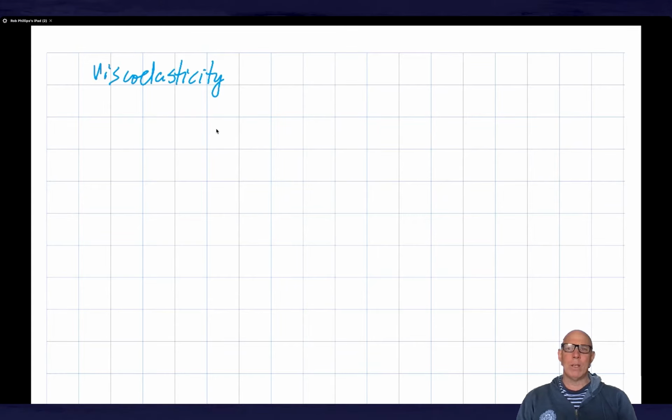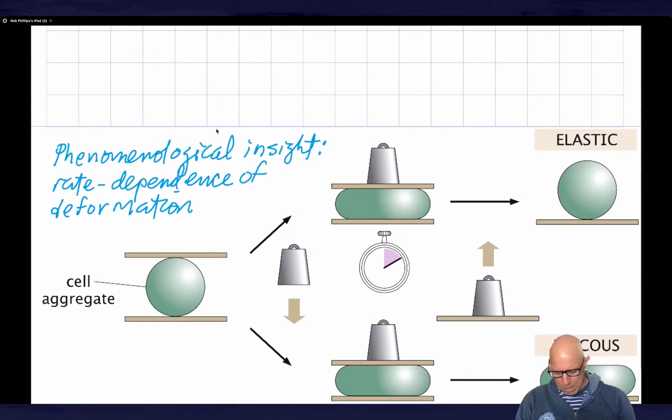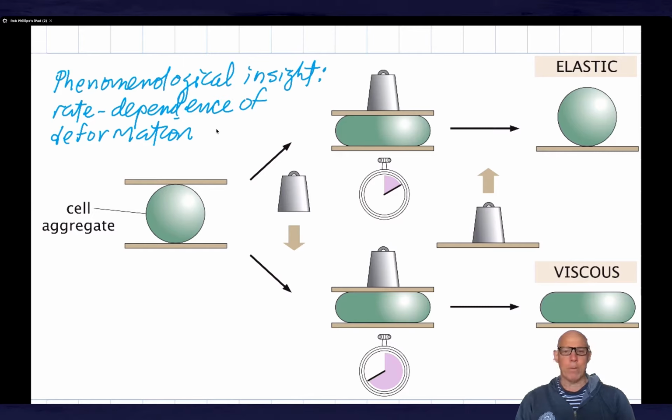Now, what I want to do is assemble viscosity and elasticity and bring them under the same intellectual roof in the form of the theory of viscoelasticity. Let me remind you of what this subject is about. So I already used the example of silly putty as an example of viscoelastic behavior, but I think a much